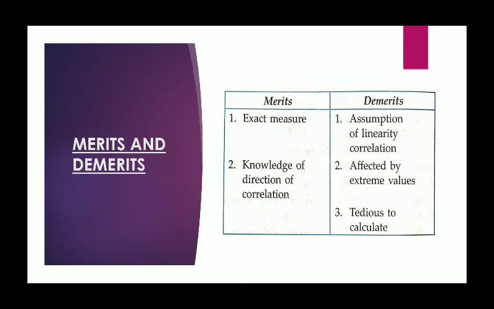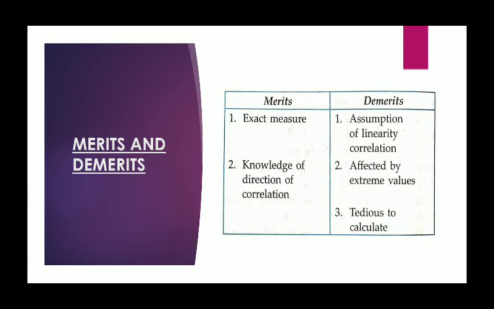Yes, Pearson's method gives us an idea about the degree of correlation between the two variables, whether there is positive direction or negative. Like if one variable is increasing, another will increase or decrease. So that we can understand with the help of the answer itself, if the answer is coming positive or negative, accordingly we can write. Now, despite being a popular measure of correlation, this method suffers from some limitations.